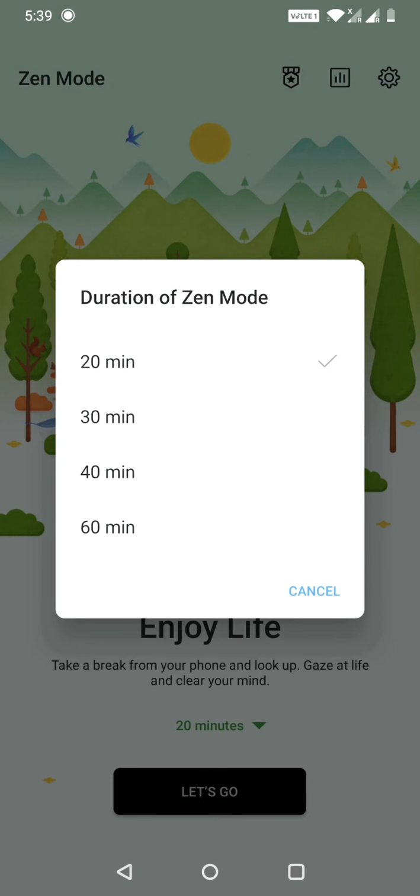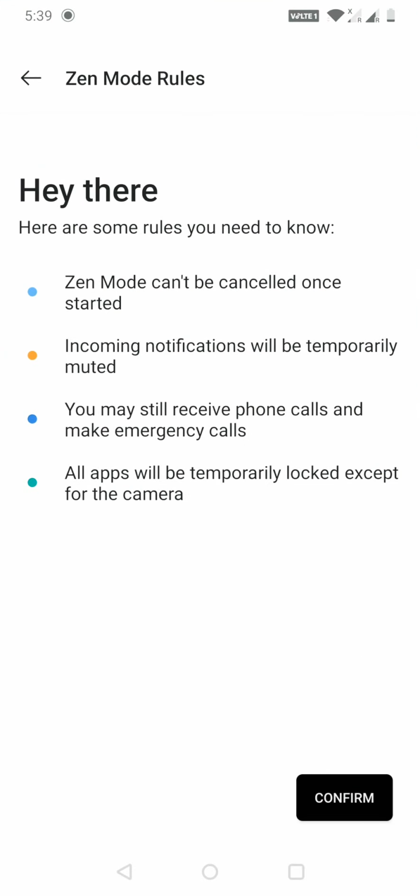So you just need to select the time and click on let's go. Here you will get some instructions, like once this mode gets started you cannot cancel, incoming notifications will be temporarily muted, your phone calls will not be allowed, only emergency calls will be there, and all apps will be temporarily locked except for the camera. So this is the information you will get once you confirm.